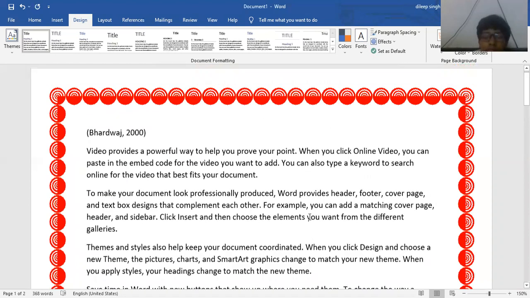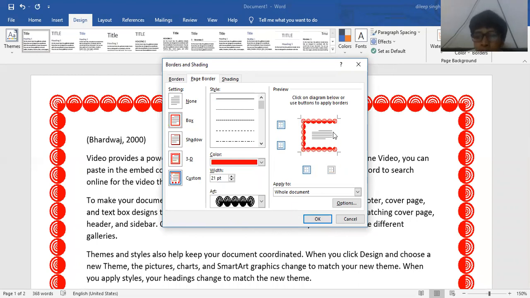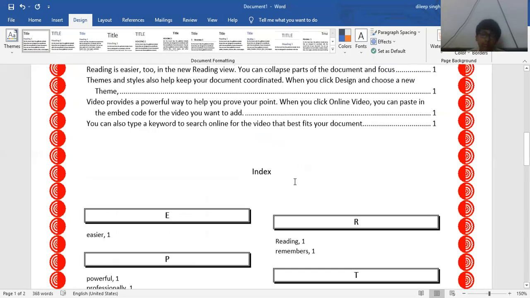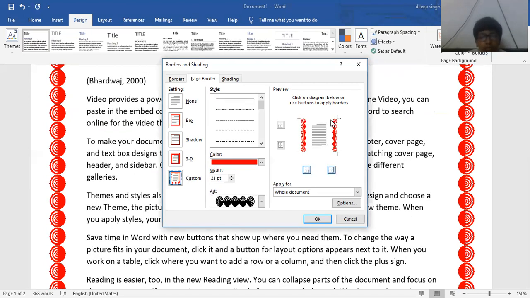When we increase the width, it means the size of the shape will increase and it will appear much heavier. Okay. If you want to remove one side border, just click on this. It will remove from this side. When you click on the left side, it will remove from the left side. Or if you want to make the border, just click here. You will get the two-side border, not the upward and downward. Okay, it provides different types of customization with your border. The same option, when you click here, it will hide, and similarly it will show. Clear? And the custom border comes automatically in the custom section.